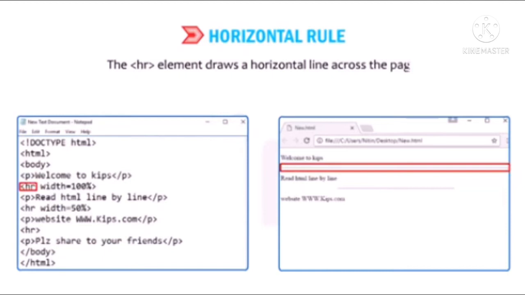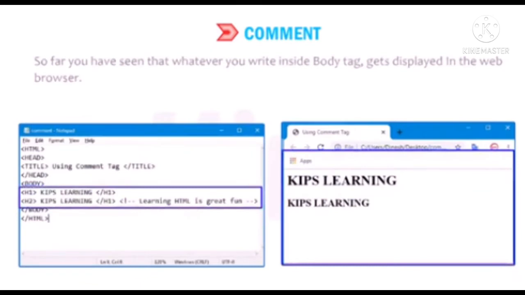Okay, children, the next one is the comment element. We know that whatever we write inside the body tag will get displayed in the web browser, right? Yes. But if you want to write notes for yourself in an HTML document, which means you do not want the note to appear in the browser window, in that case we use the comment tag.